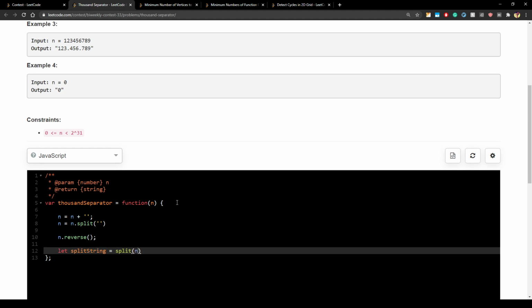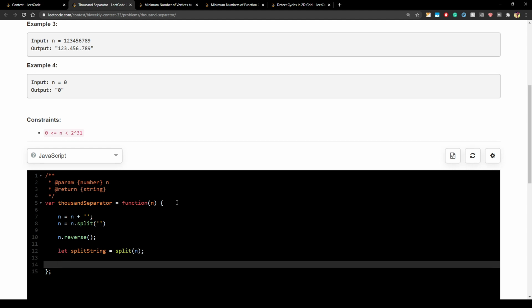We will split n somehow, and I'm assuming that split will give me something like, if it is 1 2 3 4, 1 comma 2 comma 3 comma 4.